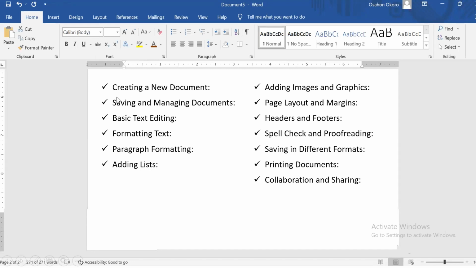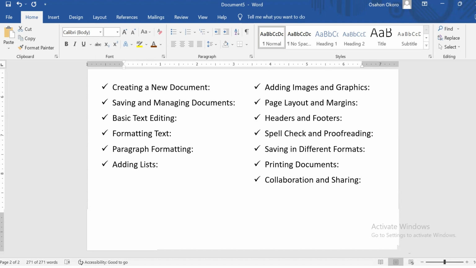So I have taken my time to explain the different things we are going to be doing with Word. And I've also explained what a ribbon is and its various functionality. This class is basically to give us an overview of what Word is all about. Later in the evening, I'm going to also give us an overview of what Excel is all about. Now that we have an overview of what it's all about, I also made us understand that there are different things we can do with this whole overview.